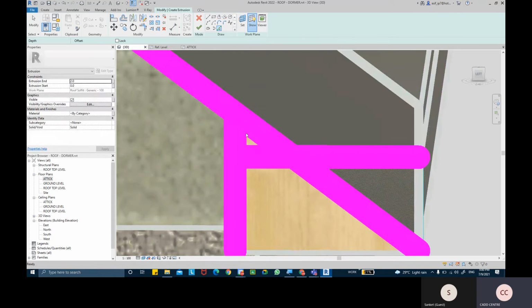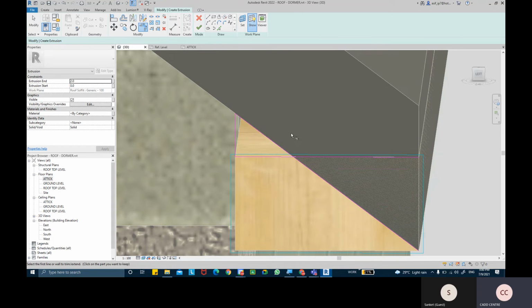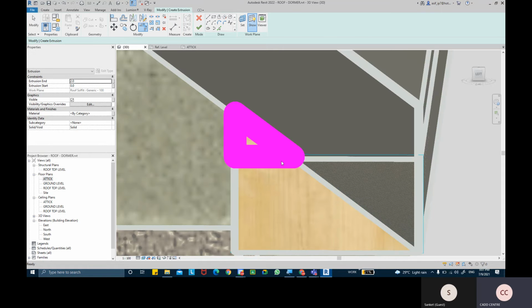These lines overlap a lot, so you can use the trim command: this line can get trimmed with this, and this bit can go with that. So you got that.